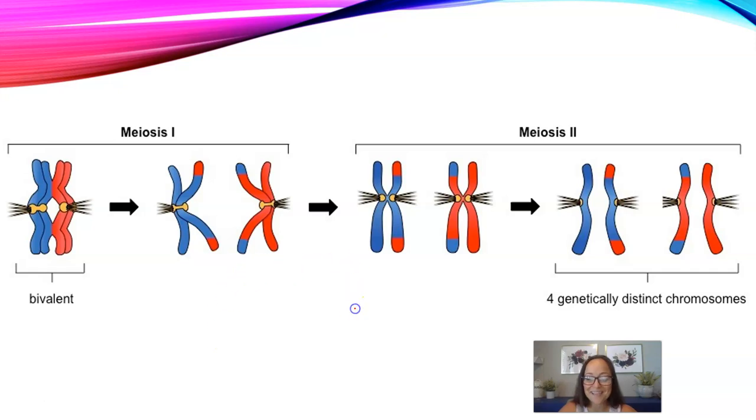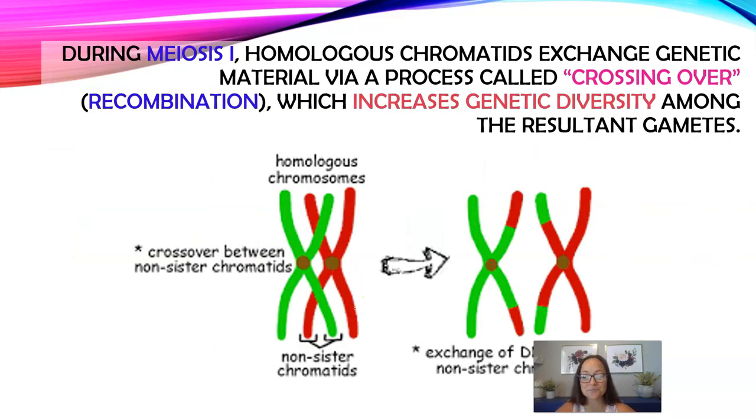Okay, sorry. So during meiosis 1, homologous chromosomes or chromatids exchange genetic material via a process called crossing over or recombination, which increases genetic diversity among